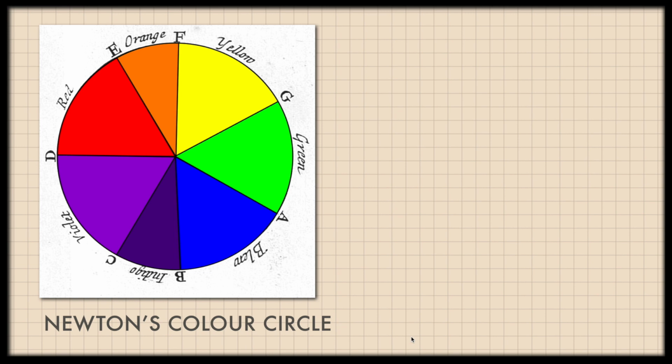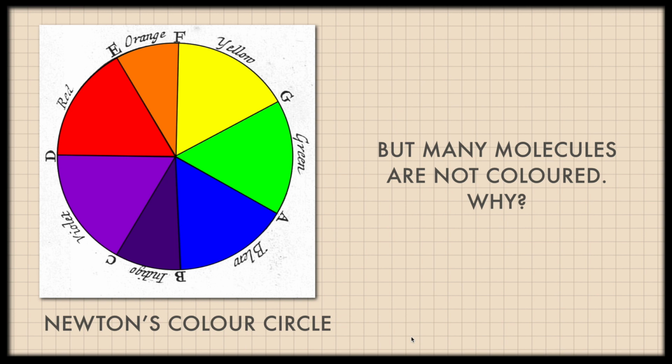But what's important is that many molecules are not colored. So the question is, why? Even though they contain double bonds or conjugated system, the molecules are not colored. Most of them are not colored. So to try to understand that,